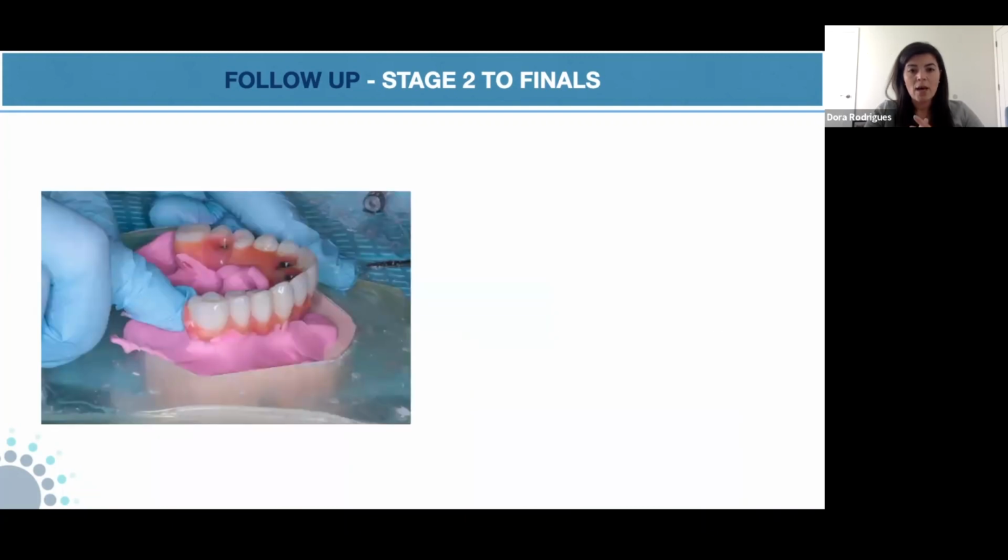So if you remember, if you saw part one, if you didn't, every time I did a conversion back then in a traditional way, I would do a little cast and some silicone underneath to just reproduce my intaglio. And some doctors would think of this as a repair cast. So, oh, if something breaks, I can just use that cast to repair my temporary. And I always said no, because if you